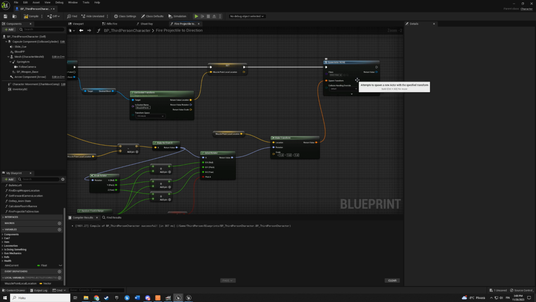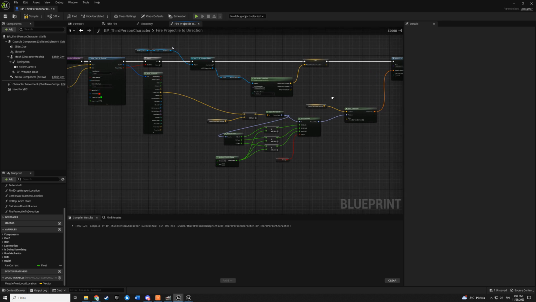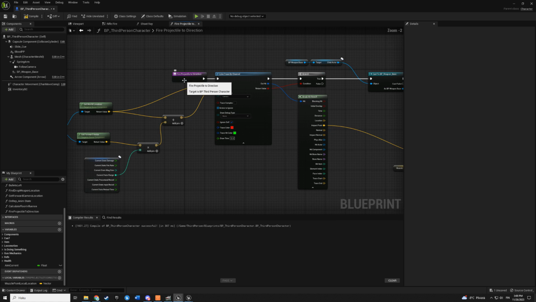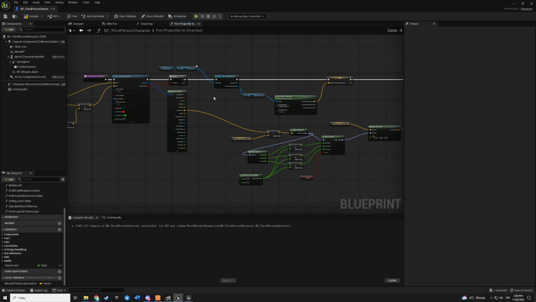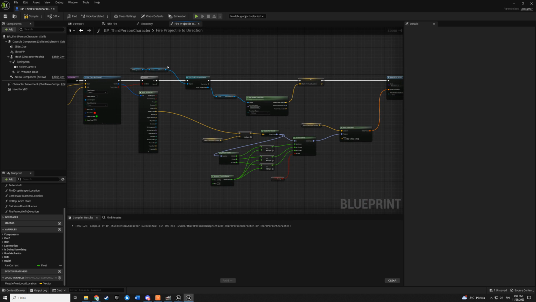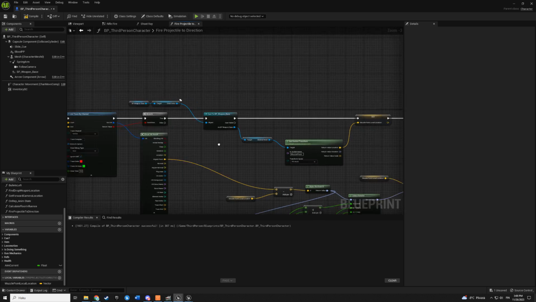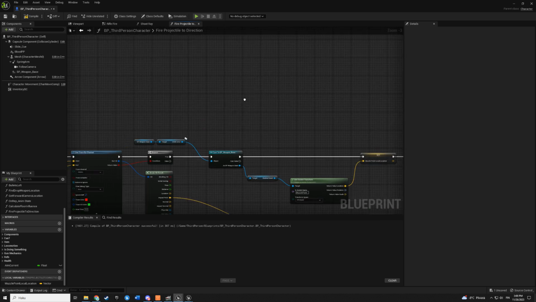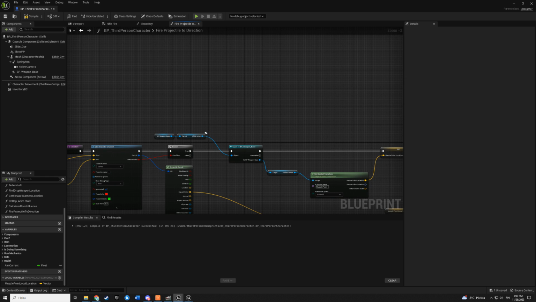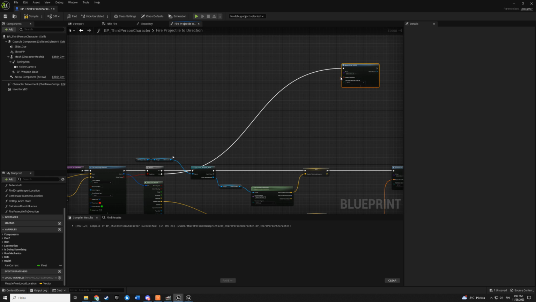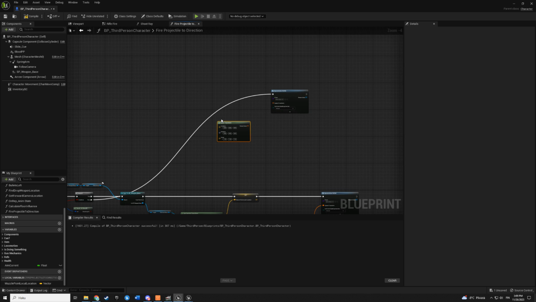Then connect transform to transform. And if we are aiming at the sky, we never actually hit that line trace by channel. So it returns false. And we need that false part also. How are we going to do that? Of course, we need to copy that spawn actor. Let's make it up here. Let's connect that. And now we need to calculate that transform again. So make transform, paste it here.